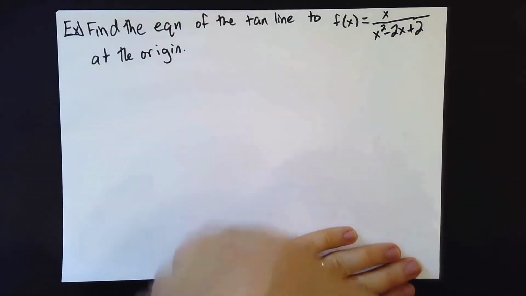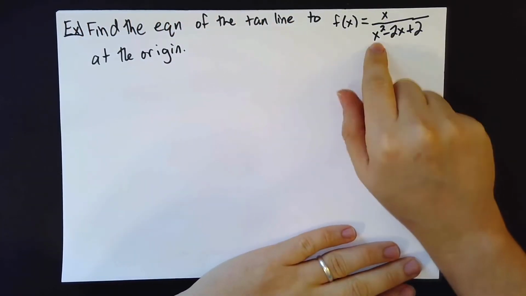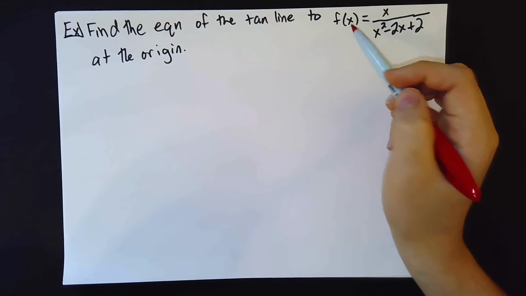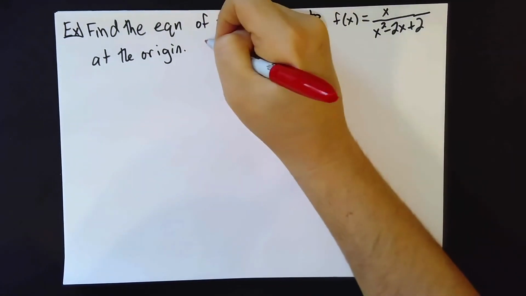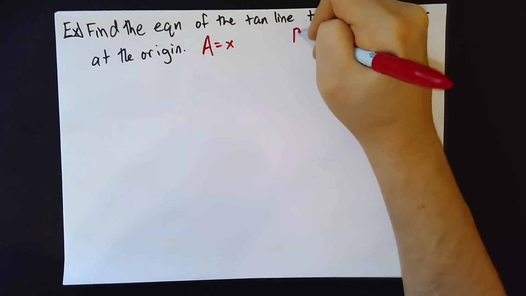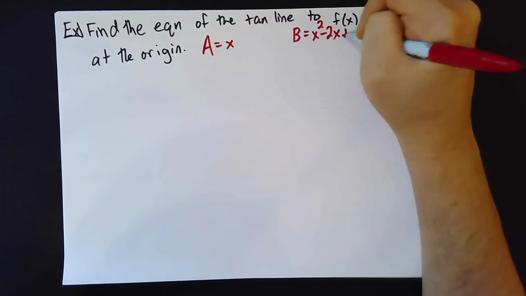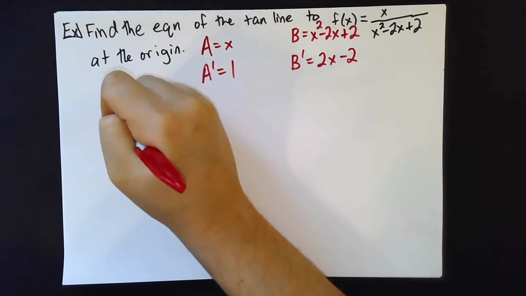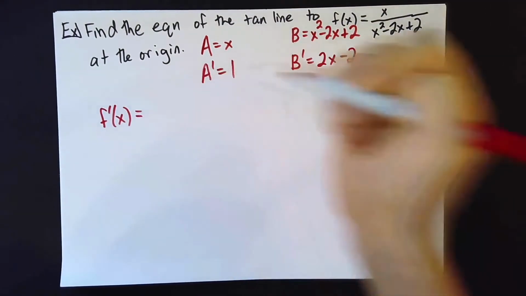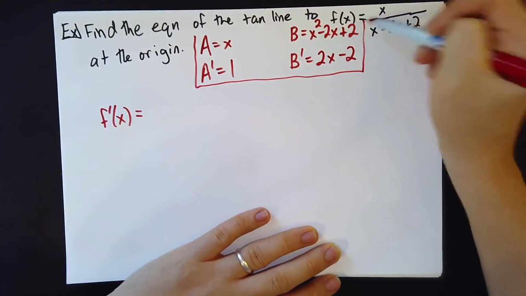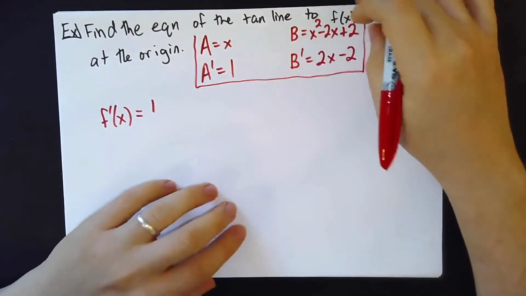So let's look at this question next. We have a function, and we're asked to find the equation of the tangent line at the origin. So to do that, I'm first going to need the derivative of f, which I'm going to need the quotient rule for. So having completed our little tablet up here, we can follow the quotient rule to write down that the derivative